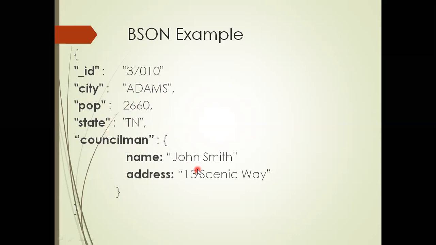The reason behind this is that by doing so, we have created an enum data type on this. So this is an enumerated data type, enum data type. This console man is an enum data type, or you can say a user defined data type. So here within this console man field, we have subfields also.